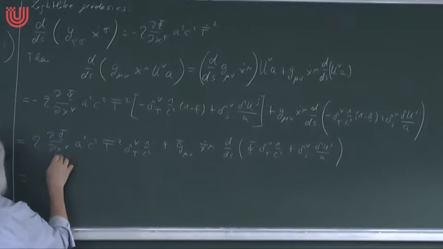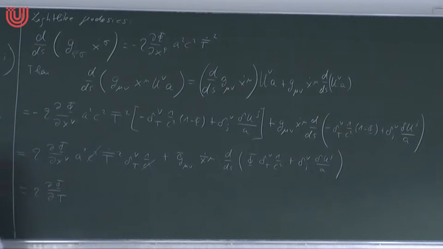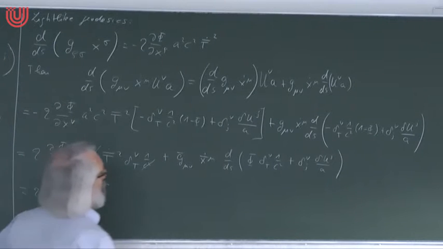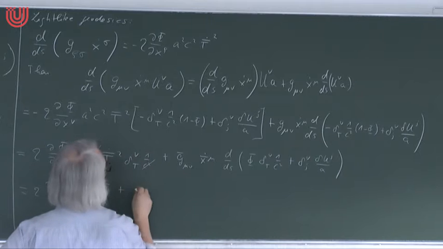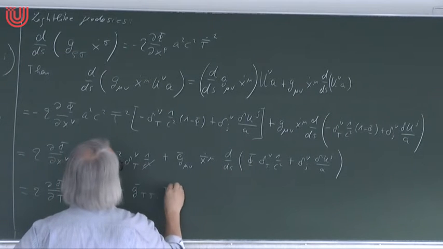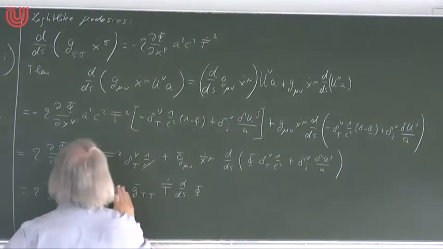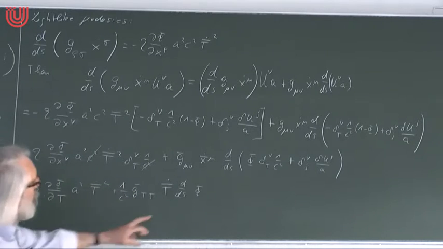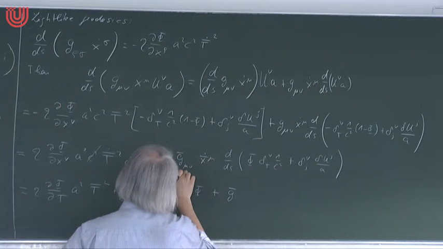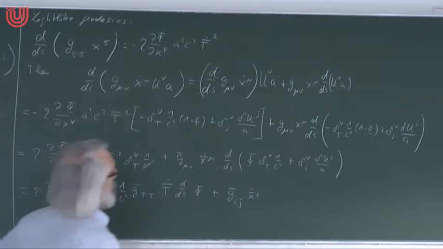Here a Kronecker delta gives the time derivative here, phi by dt. The c squared terms go away. And then I have a squared t bar dot squared. And here I evaluate this Kronecker delta, so then I get a plus. So nu becomes t, then mu must also be t, because my metric is diagonal. And this is t bar dot d by ds. Phi is a c squared is constant, so I can write it in front of everything. So that's a term where I sum over this delta. And now I sum over this delta, then I get g bar with an index j here, and then the other index must also be Latin. So I have ij xi dot d by ds